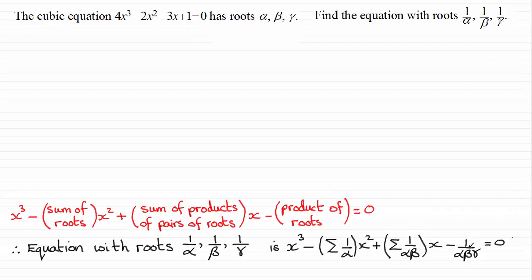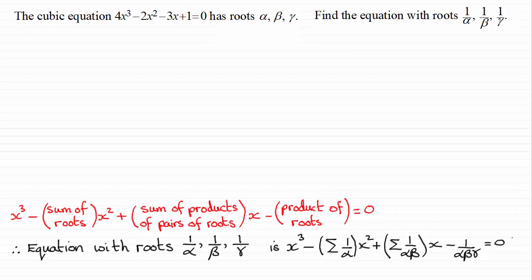And we've got the product of the roots, minus the product of the roots. So if we multiply those roots together, we're going to end up with 1 over alpha beta gamma. So we need to find these values, and to find those values we've got to go back to the basics